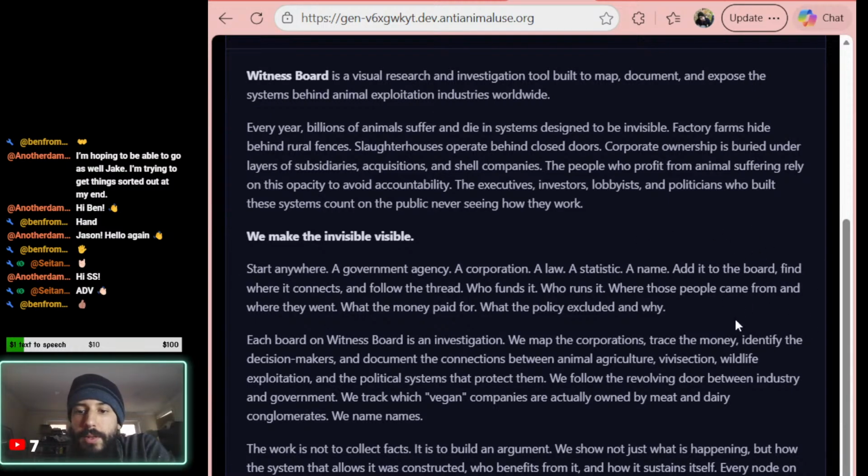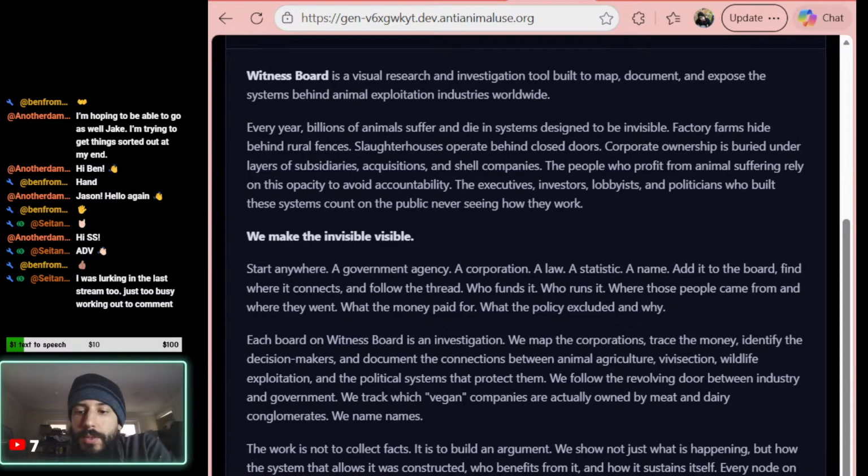But right now, it's just a work in progress. So there's basically 3 questions that I'm trying to figure out. Who's responsible? Where does the money go? And what does the system protect?